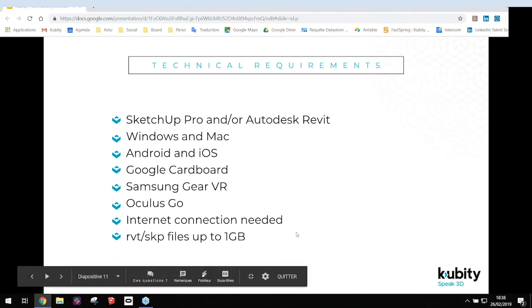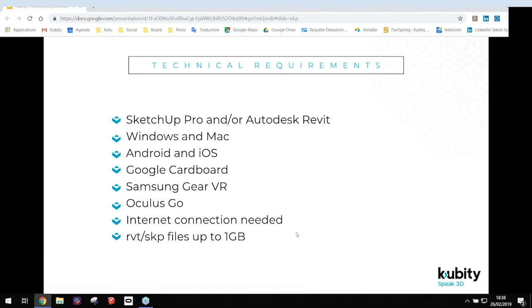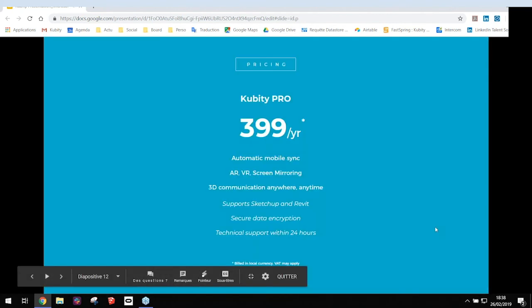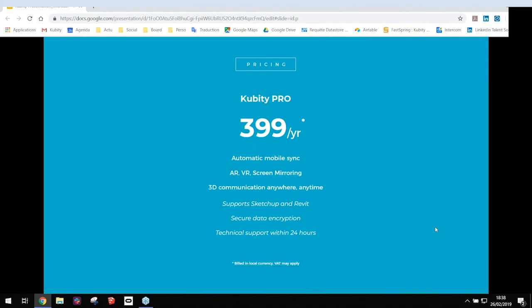And the files can go up to 1 gigabyte. Basically, you can drop all the models that you are using. This is for some technical requirements, and the price is $3.99 per year and per user, with unlimited